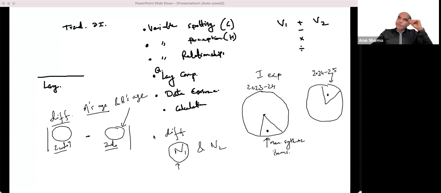I'll have to say language which reads like this, just for the description of N1. I'll have to pinpoint that I'm talking about India's exports. I'll have to pinpoint the year, India's exports in 2023-24. So what is the difference between India's exports in 2023-24 of manufactured synthetic items? So you see there are 10 to 15 words just here,